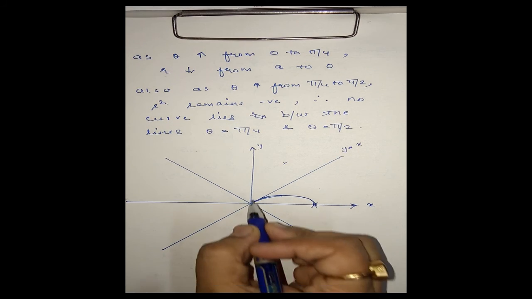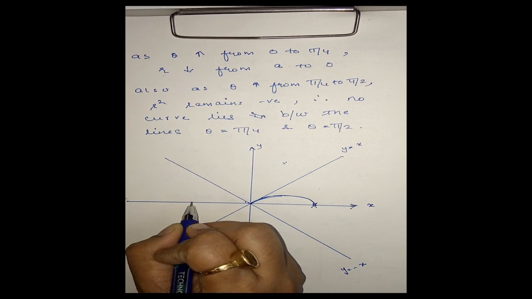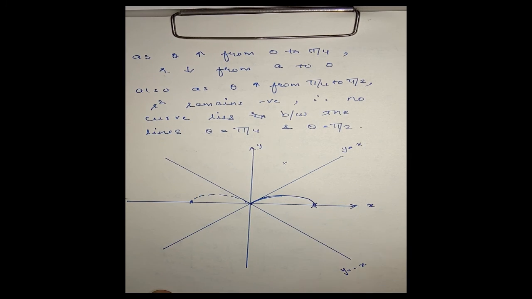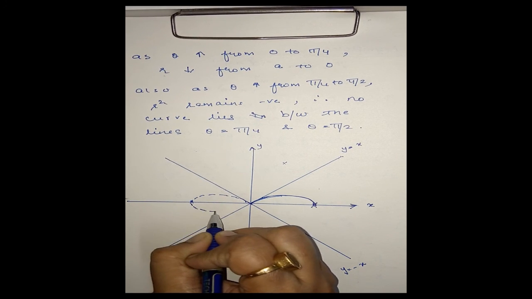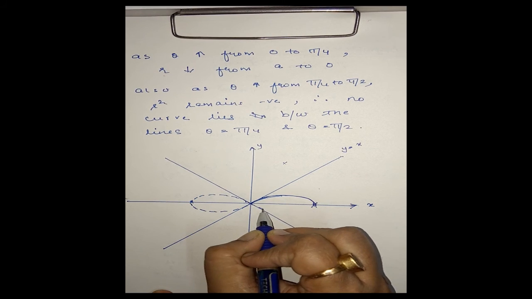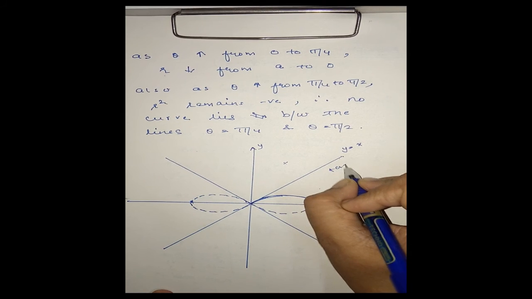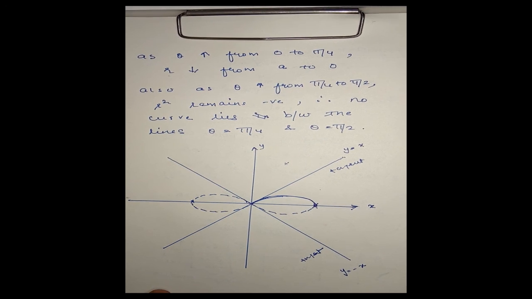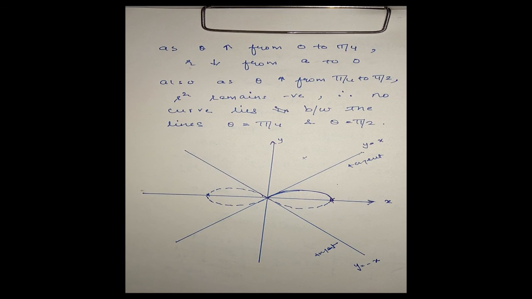Now since this curve is symmetric with respect to this line, if this is my A here, then this is the shape, taking symmetry with respect to the y-axis, and now taking its symmetry about the x-axis also. Therefore, the shape of the curve is like this. These are the tangents. This is the shape of the required curve. This is how we have to trace the curve using the Cartesian curve tracing method and the polar curve tracing method also.